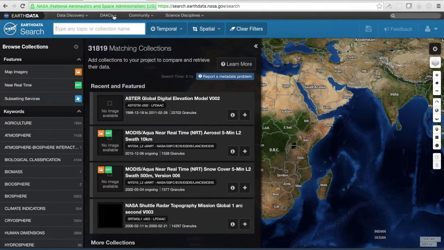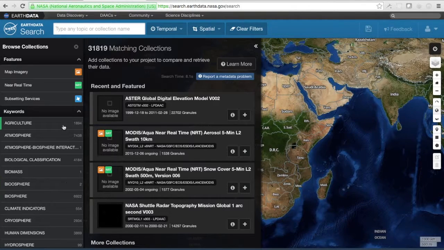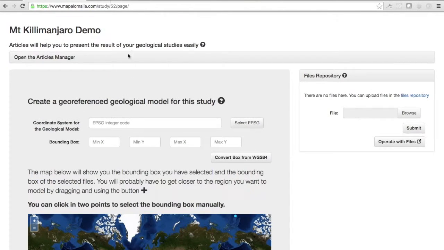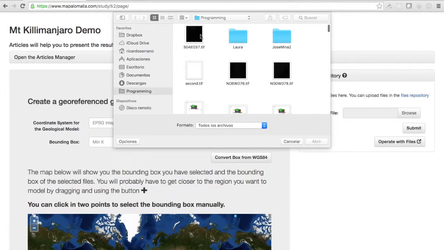I have downloaded it from search.earthdata.nasa.gov, and it's actually a pretty good page with a lot of information from a lot of places that can be very useful for any of your purposes. So I'm going to leave the Earth data search here, and I'm going to go to my computer and upload the file. So the file is this style here